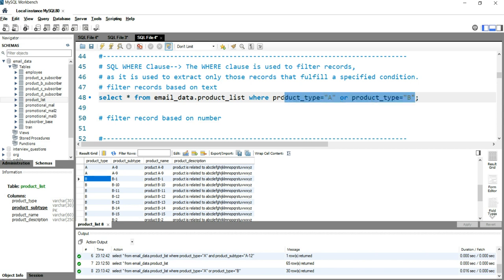Now what will happen if you have hundreds of products and somebody tells you that you should get only the products which are not equal to C, right?